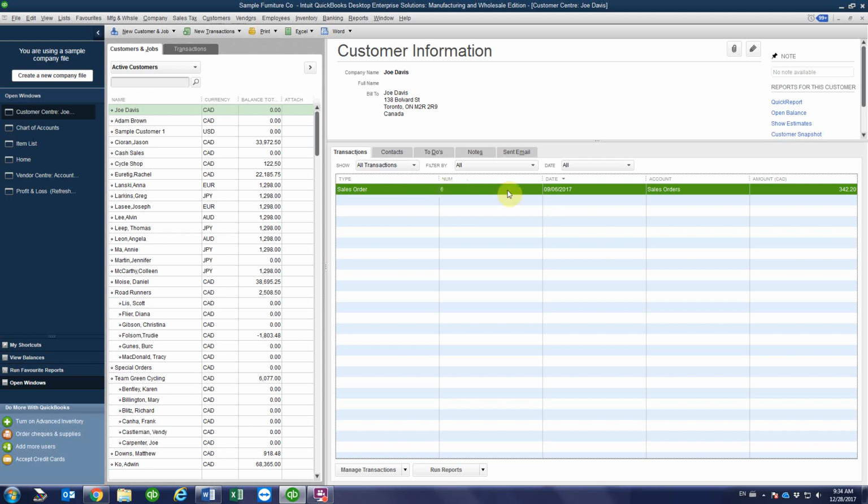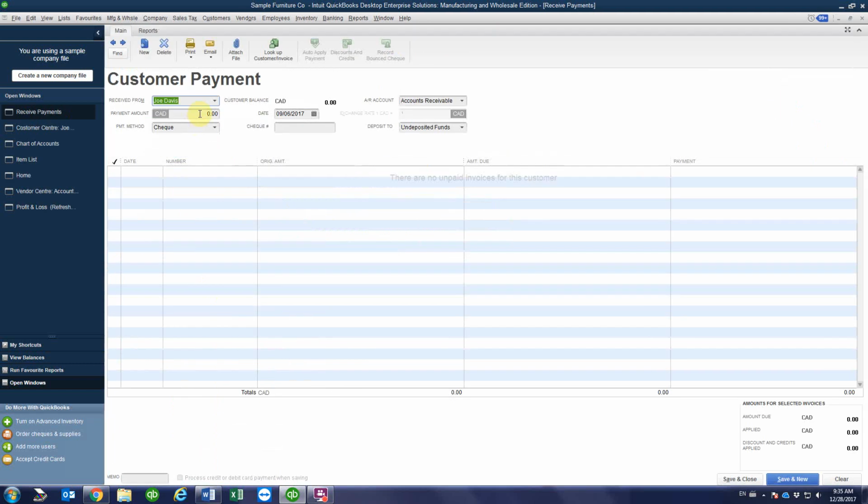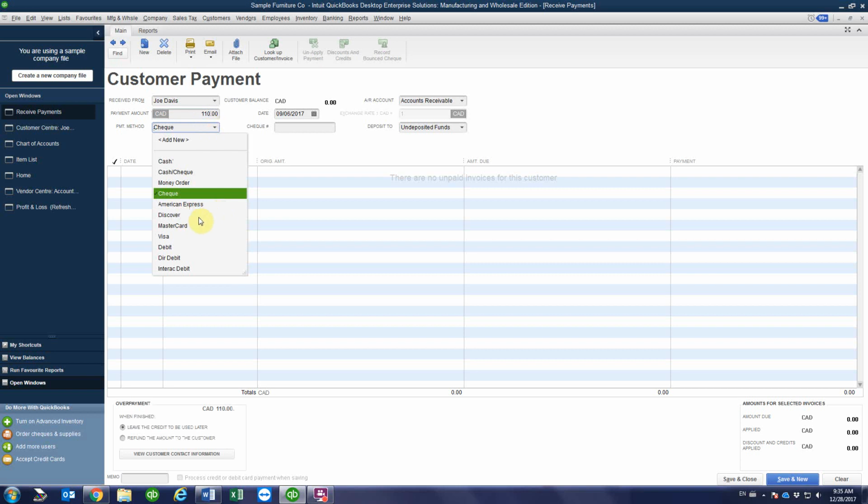So as you see, sale order number 6 has been placed on September 6, 2017. And we're gonna collect some money for deposit. As I said, at least 30% deposit we're supposed to collect from customer. So let's say $110 we received from customer at the time customer placed the order. So receive payment, $110. Let's say customer pay us by MasterCard,